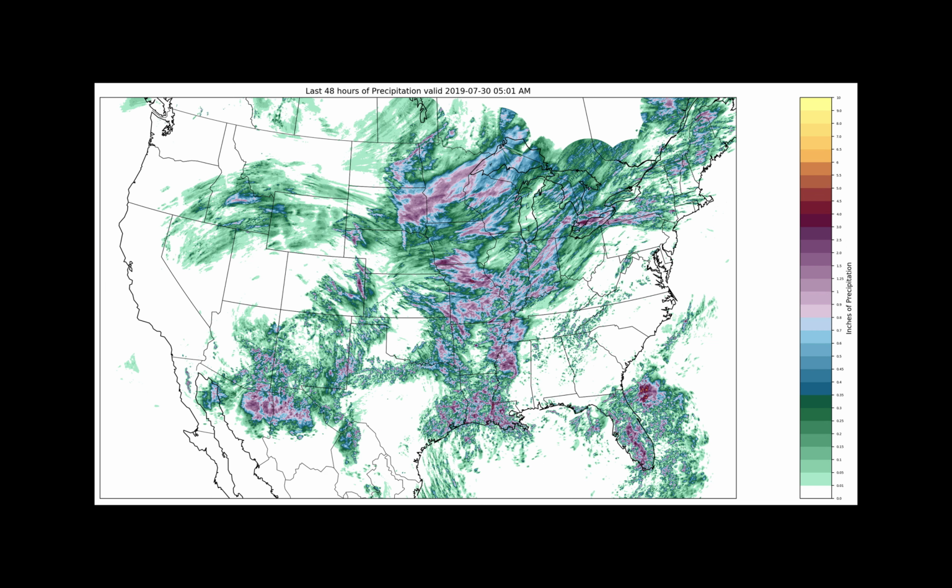As we look at the last 48 hours of precipitation, you can almost see the flow of the jet stream in here, looking at the flow over the ridge, and then we've got our little system tracking through the Corn Belt over the last 24 to 48 hours, bringing rain to a chunk of the central and the eastern Corn Belt, anywhere from the Dakotas into Minnesota and Wisconsin, where we had some severe weather, a couple of tornadoes over the last 48 hours or so,